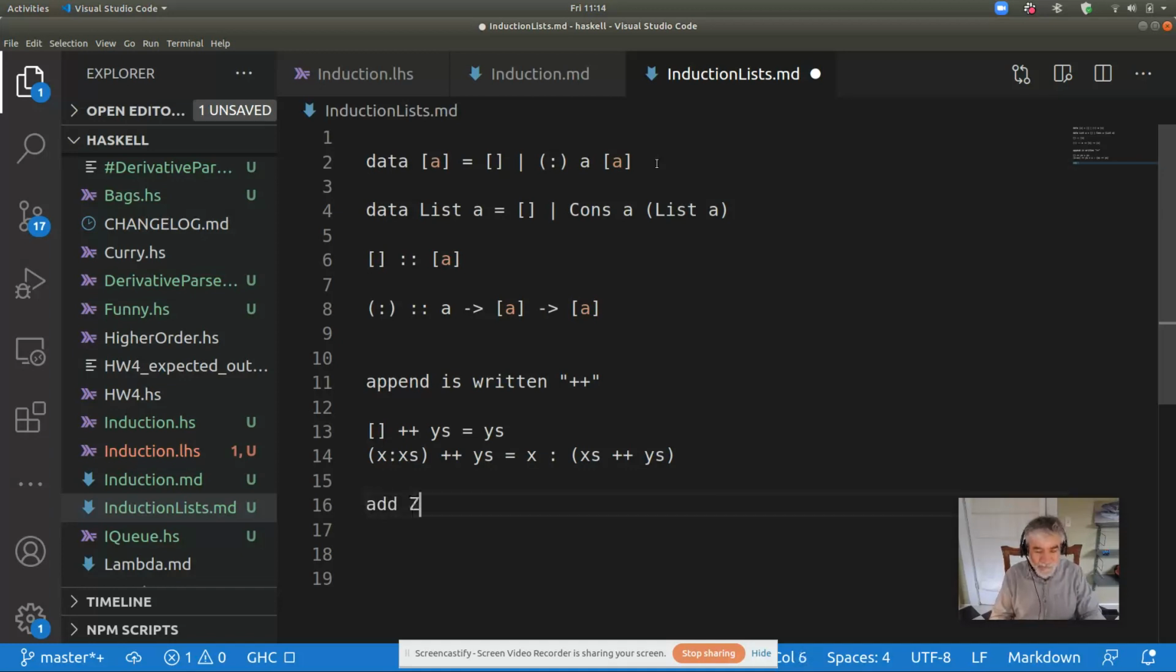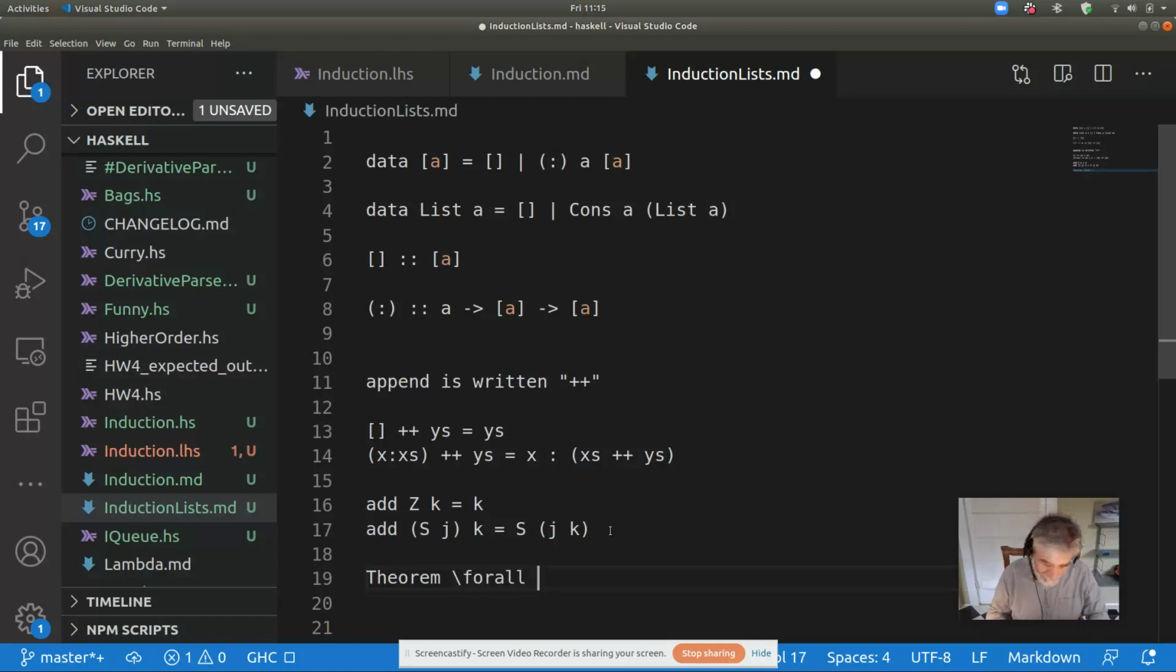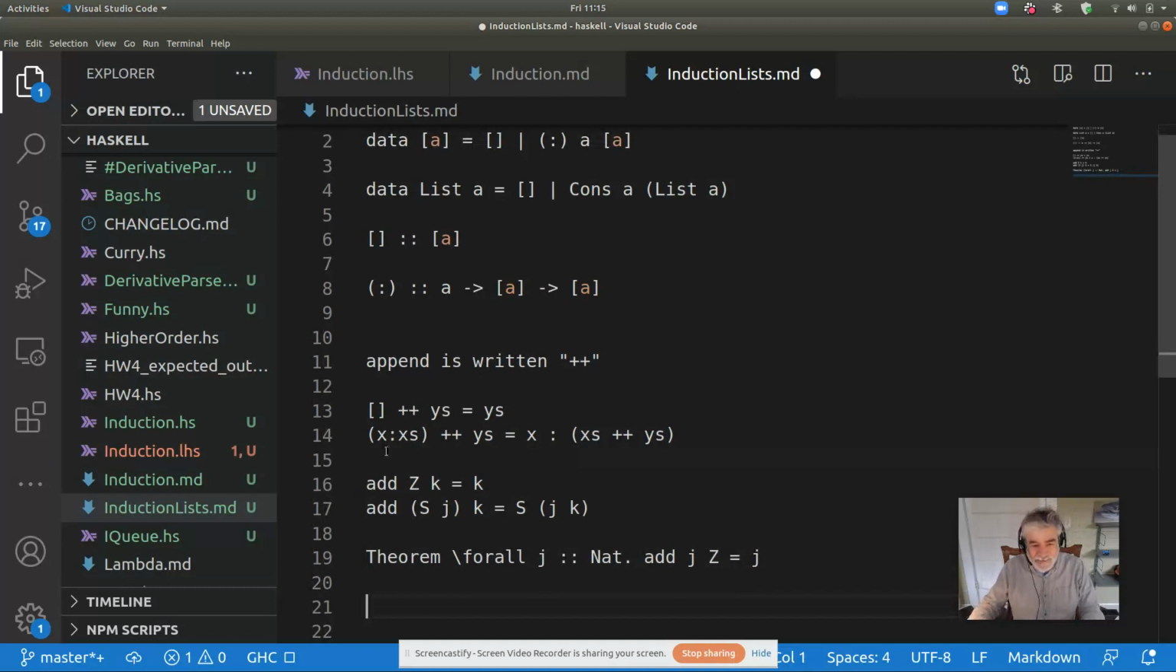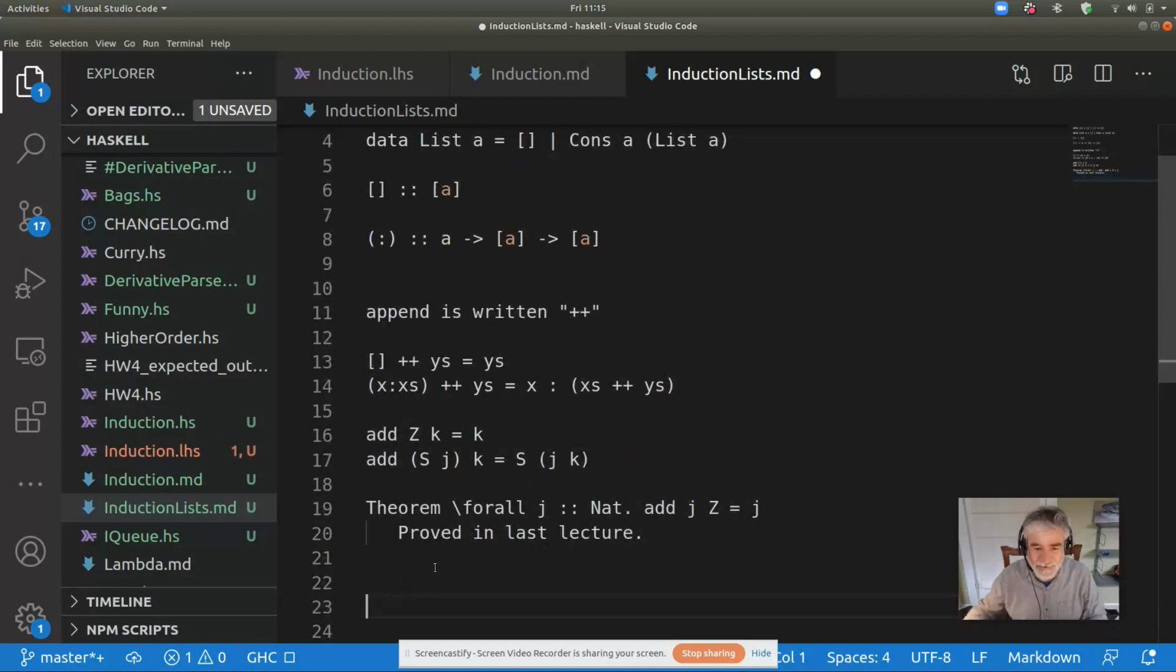Now, this might look a little bit like add in the previous lecture. Remember, add of Z k is equal to k, and add S of j k is equal to S of add j k. This is almost the same definition. And in that lecture, we showed that adding j to Z is equal to j. This was proved in the last lecture. By analogy with this, we can show that